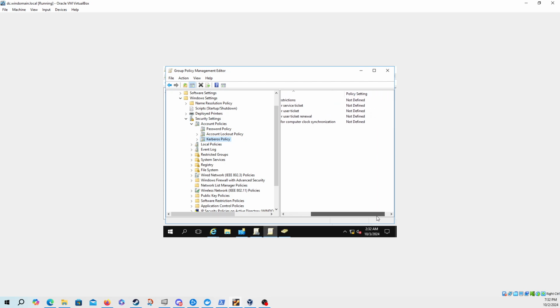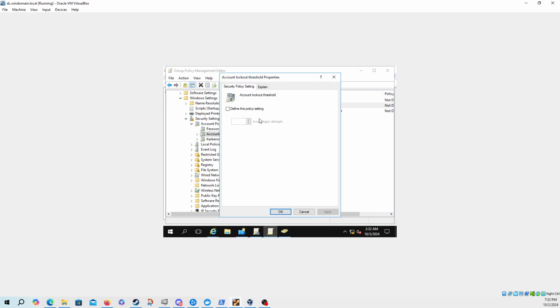So these two pieces will identify what happens if somebody locks out, or what happens if somebody attempts to log in too many times. So in this case, one of the two most important settings in terms of passwords is the lockout threshold. There's absolutely a fine line between too secure